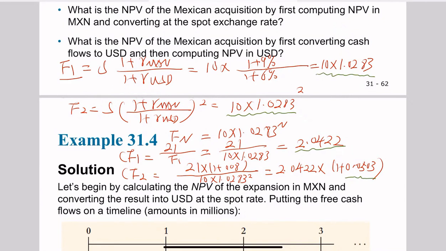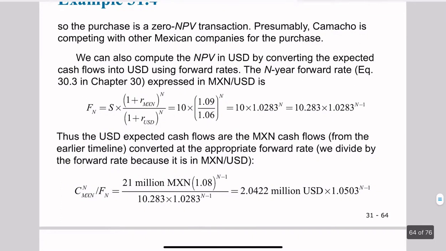In Mexican pesos, cash flow increased at 8%. But the conversion rate, this forward exchange rate, also increases. It increases at almost 3%. So the total result is the cash flow will increase at about 5% per year in US dollars. Right? Or you could check the